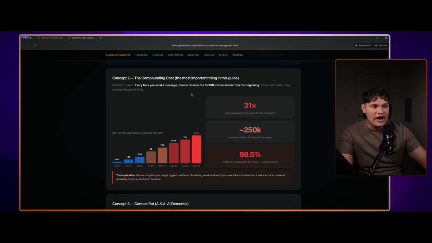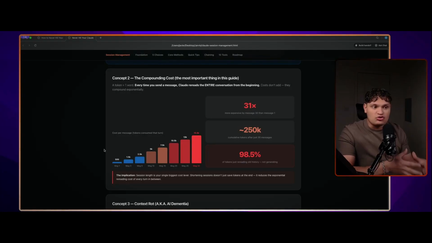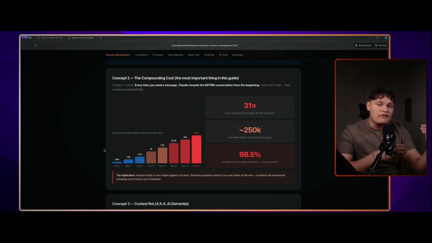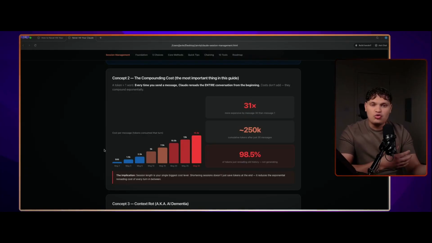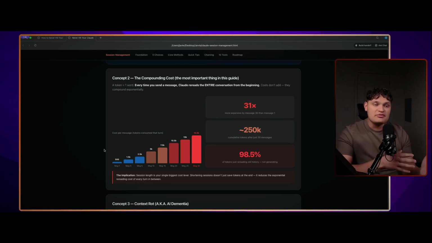We can see that in the graph. We can see that we started at 500 with our first line of text, and then it grows to 1.5, then 2.5, then 5, right? So then you're having a full conversation with Claude. You're 20 minutes deep, it's costing you 15,000 tokens. And that's where the majority of people are hitting their limits because of this compounding cost.